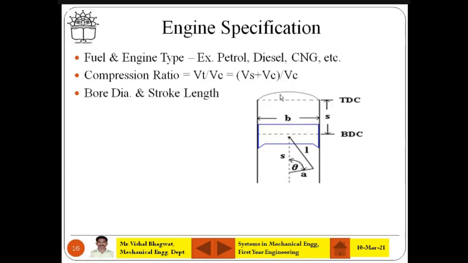So you got it: the bore diameter is the diameter of the cylinder. Stroke length is the distance between BDC and TDC. The displacement is nothing but the cubic capacity. Just hold on for a minute, I will complete this. Displacement is the cubic capacity, the volume inside the cylinder, the total volume inside the cylinder. That is called displacement. So the capacity of the engine is what we measure with this.